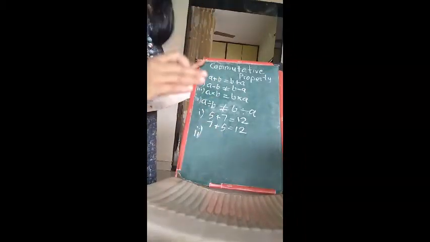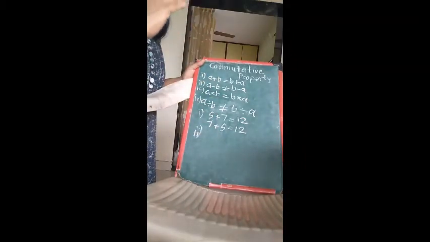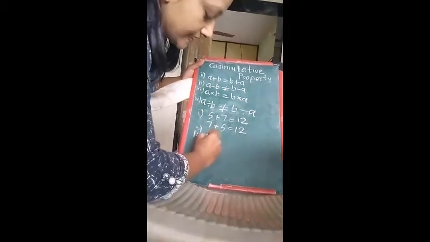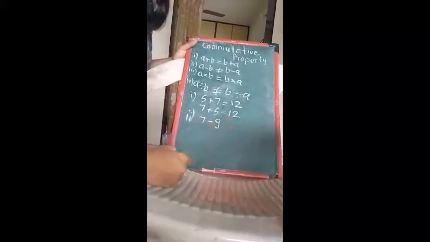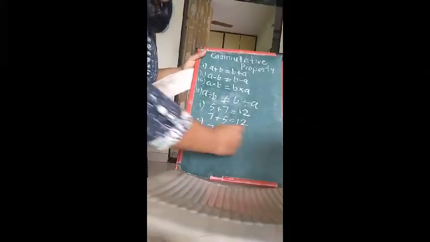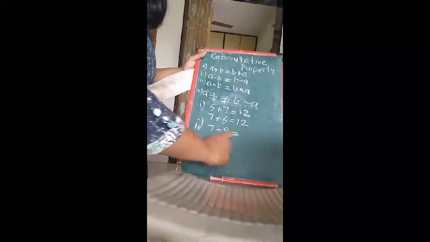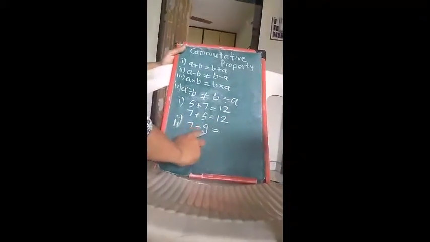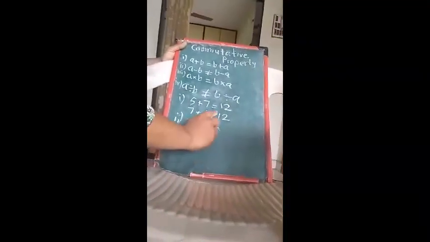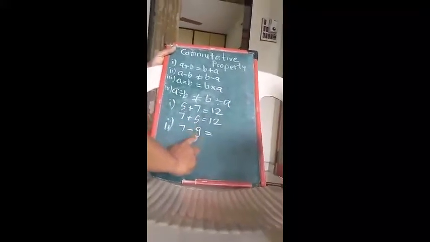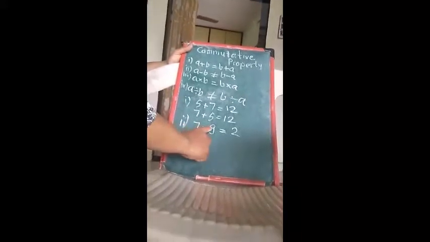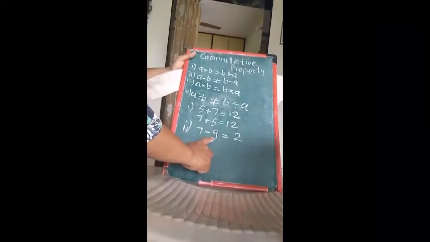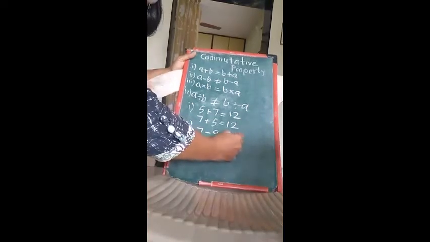That is, we are going to take any two whole numbers. Okay, so let's take 7 minus 9. First solve this. 7 minus 9, answer is, when there is a subtraction, we have to subtract the smaller number from the bigger number. So 9 minus 7, the answer is 2. But which sign are we giving to this number? The bigger number. The bigger number is 9 and the sign given to this number is minus. So the answer is minus 2.